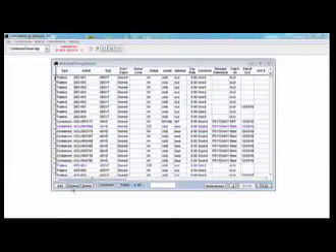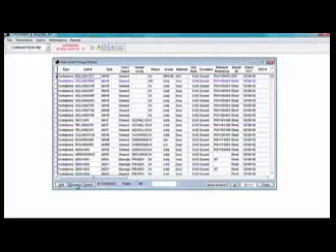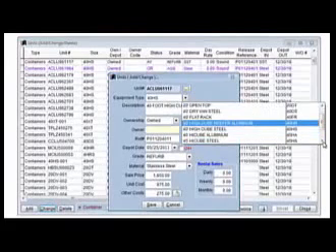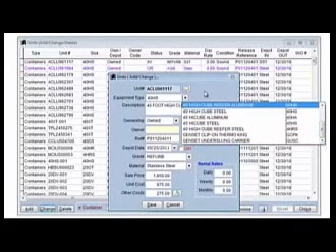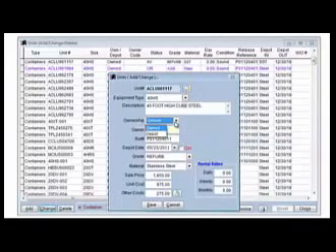Contrast that with the setup of a container. A simpler screen is provided when you're entering a container with data fields that are appropriate for it, including whether the container is owned by you or perhaps is a depot unit belonging to someone else that is storing it with you temporarily. You can also indicate the grade,